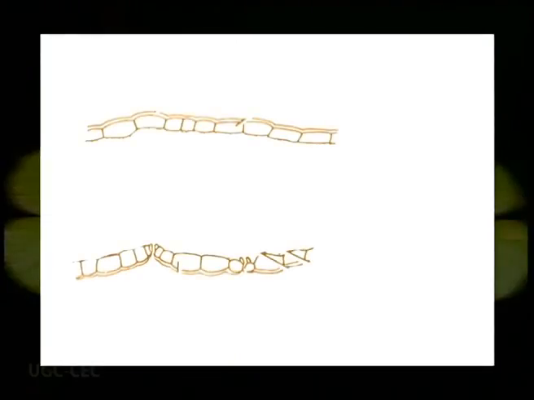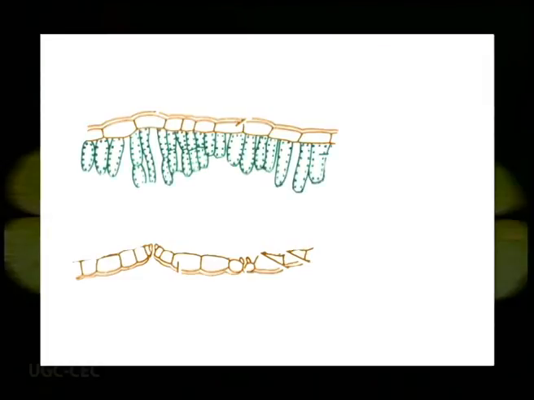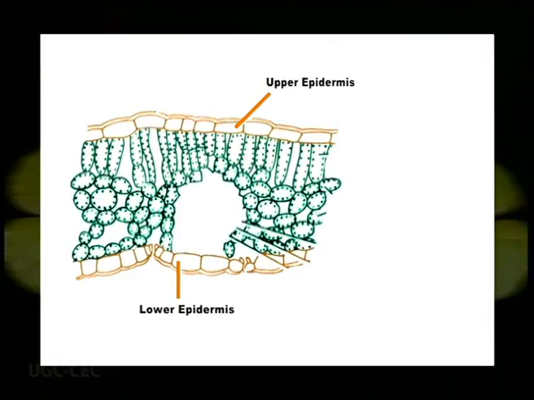Then when we cut the transverse section of the leaflet, it consists of upper and lower epidermal layers, each made up of a single layer of parenchymatous cells. The continuity of the epidermis is interrupted by sunken stomata. Stomata are usually restricted to the upper epidermis in the case of floating leaves.